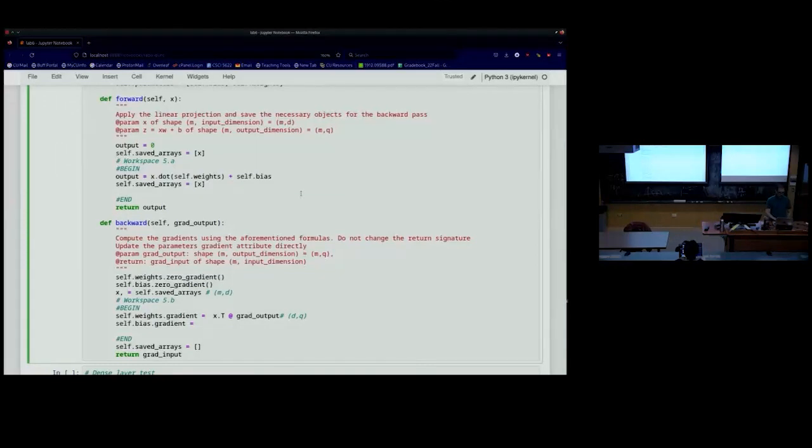Okay, grad output is M by Q. I need to get something that has shape 1 by Q. So I can just do grad output.transpose,